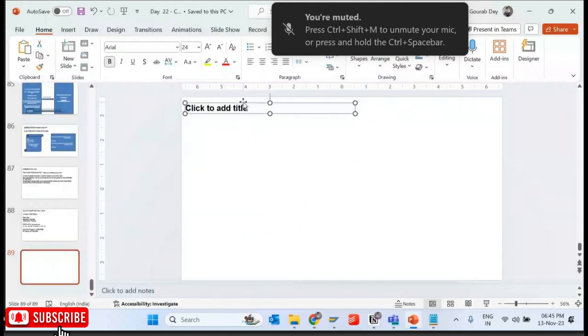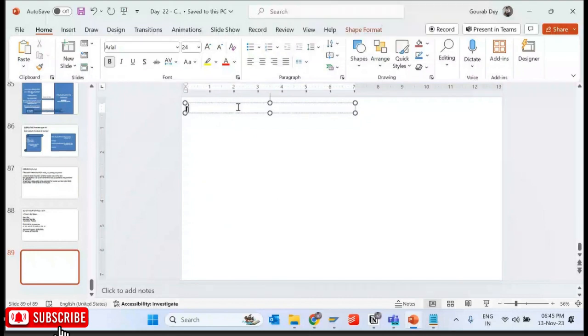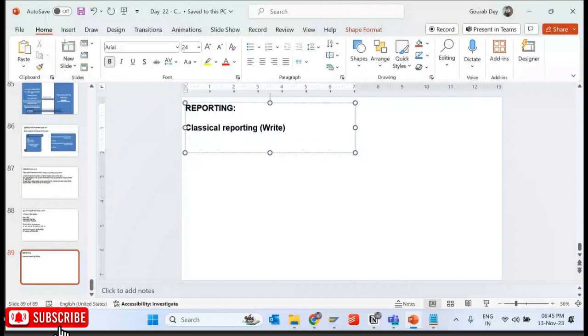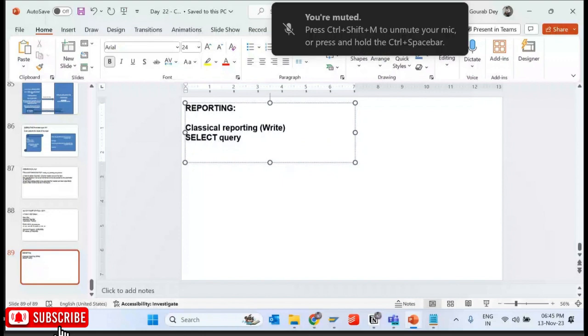Okay, so guys, as part of reporting, what did we study? From the starting, there will be like 7-8 classes, more than that, as part of reporting. So we studied classical reporting, right? Using write statement. Okay. Then what? We studied overall select query. Let's see who remembers how many points. Select query, then